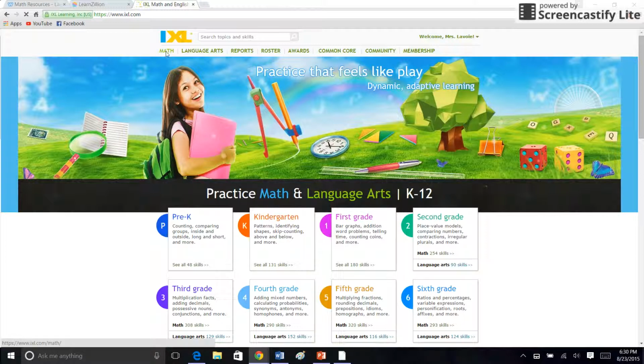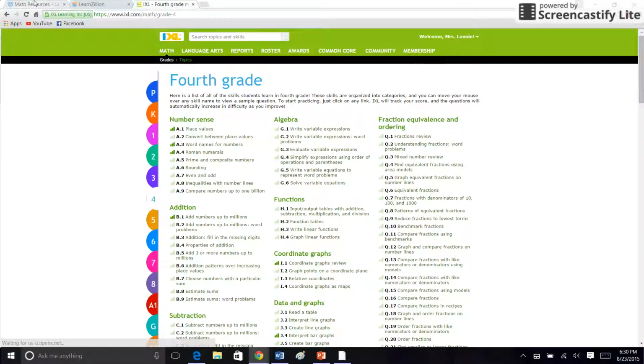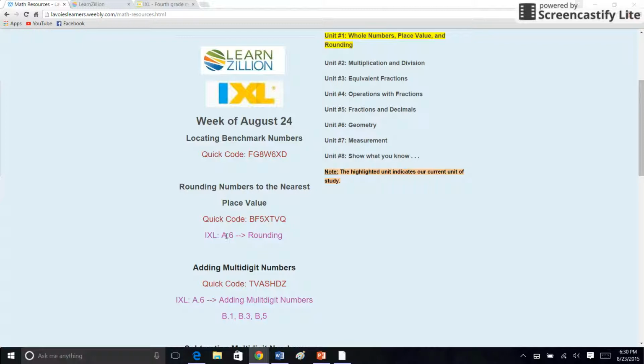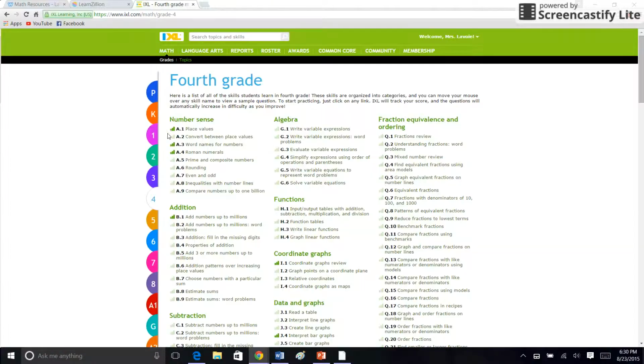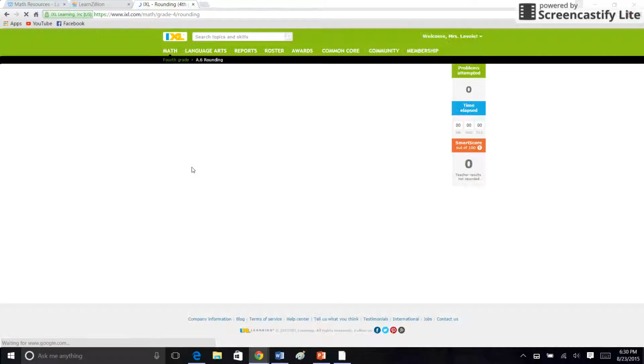You'll go to the math tab, click on grade 4. And then the code that I have here on rounding was A6. So you can go to the lesson A6 on rounding. And IXL is really great too because it does go hand in hand with the standards that we're learning. So if it's asking them to round this number, and I'm just going to get it wrong,